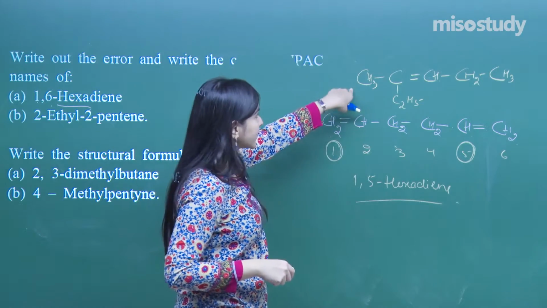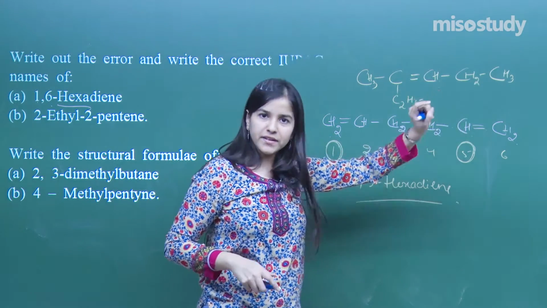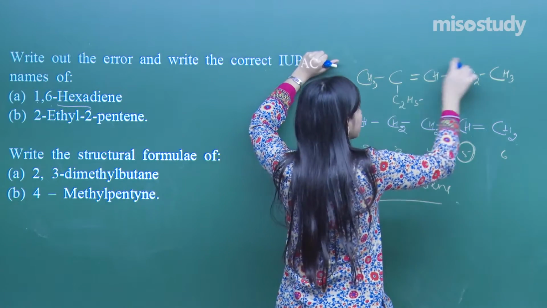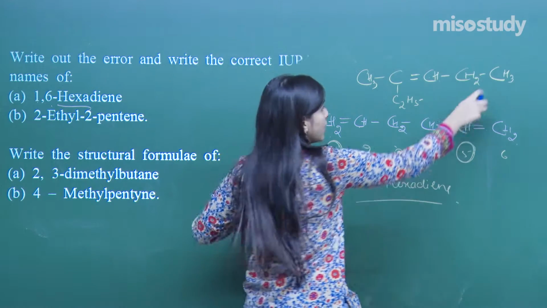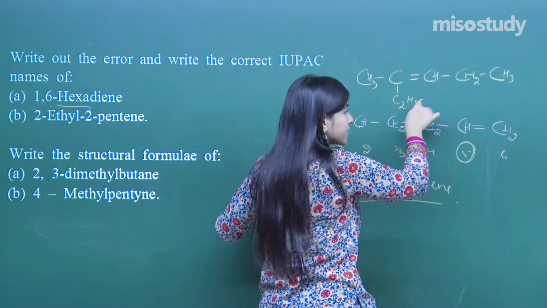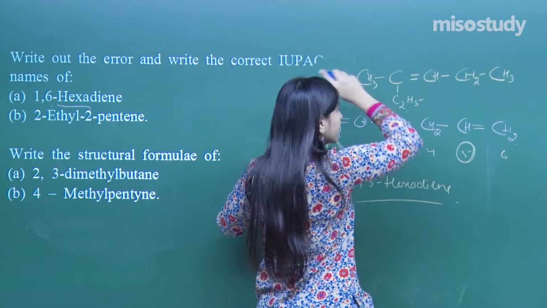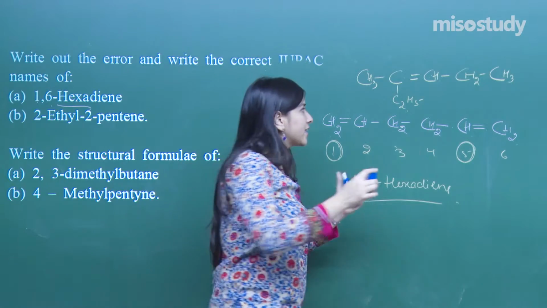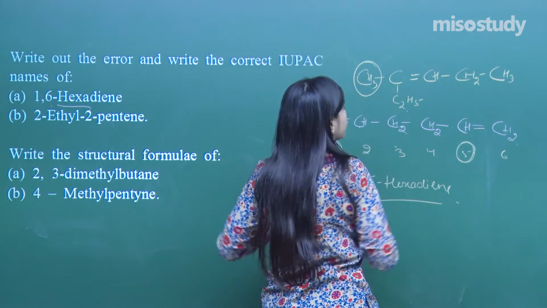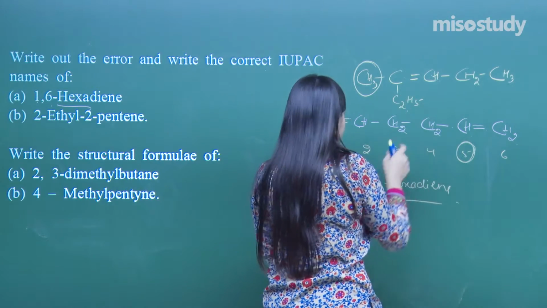So, first of all, what they have given is 2-ethyl. You see, this ethyl should have been included in the word root itself. It would have been a longer chain then. 1, 2, 3, 4, 5, 6. Yes, 2 carbons are there, and 1, 2, 3, 4, 5 they have given. So I have got the mistake over here that it should be 2-methyl or what? Yes, see, not 2-methyl. Let us just try to number it.